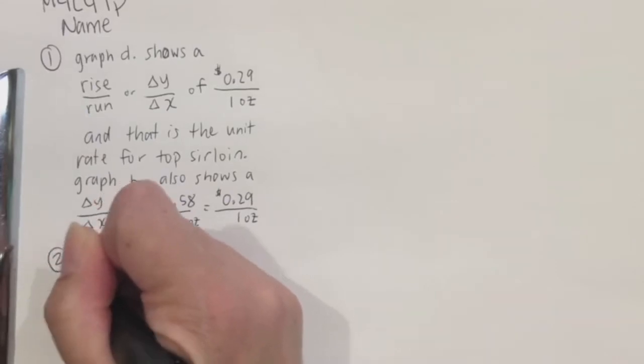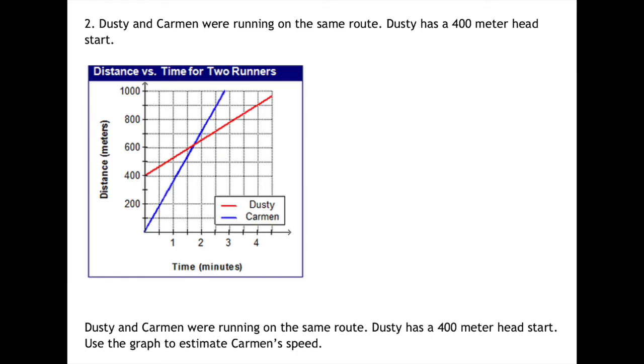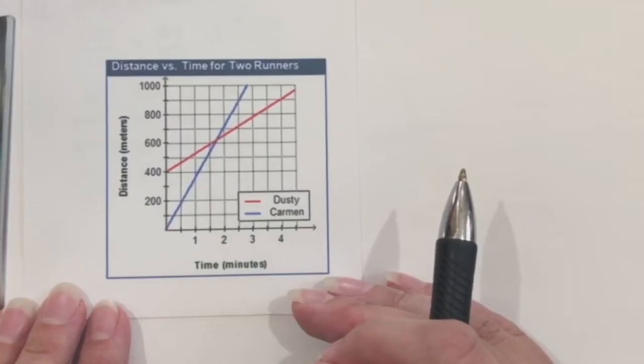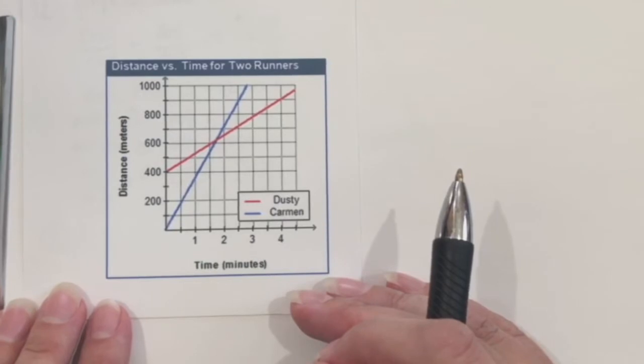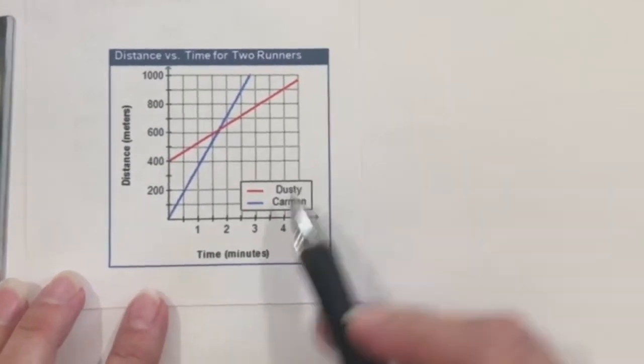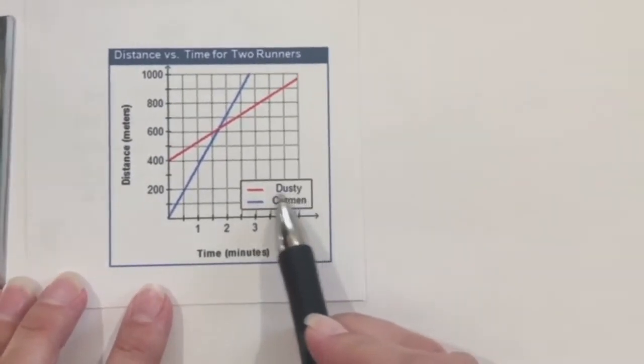Let's do number 2. Dusty and Carmen were running on the same route. Dusty has a 400-meter head start. Use the graph to estimate Carmen's speed. So, okay, the question just tells us to estimate Carmen's speed. We don't even care about Dusty. Okay, so Carmen is the blue line,